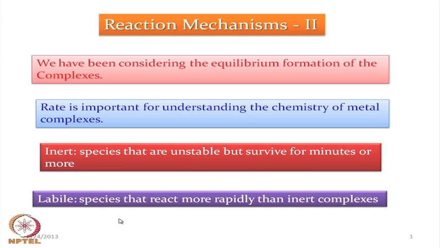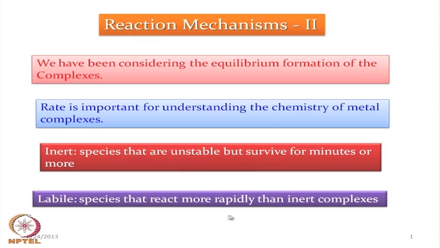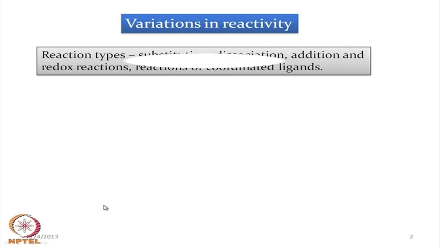So, depending upon the charge of the metal ion and its size, the rate of this substitution reaction can also vary, and most of these aqueous complexes are labile in nature if they are from alkali and alkaline earth metal ions, but for some transition metal ions we will find them as very inert complexes. So, we have two types of these complexes, and while checking the reactivity of these complexes, we will find that